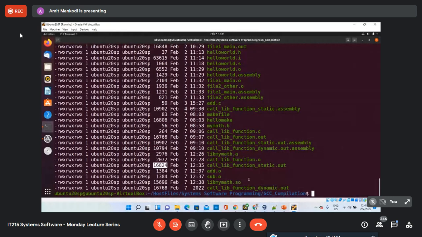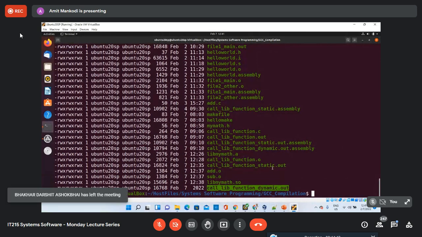Why? Because I said that the function code is embedded inside the executable file whenever you use the static library, whereas the function code is not embedded inside the executable whenever you use the dynamic library. Therefore, the dynamic library executable is smaller compared to the static library.